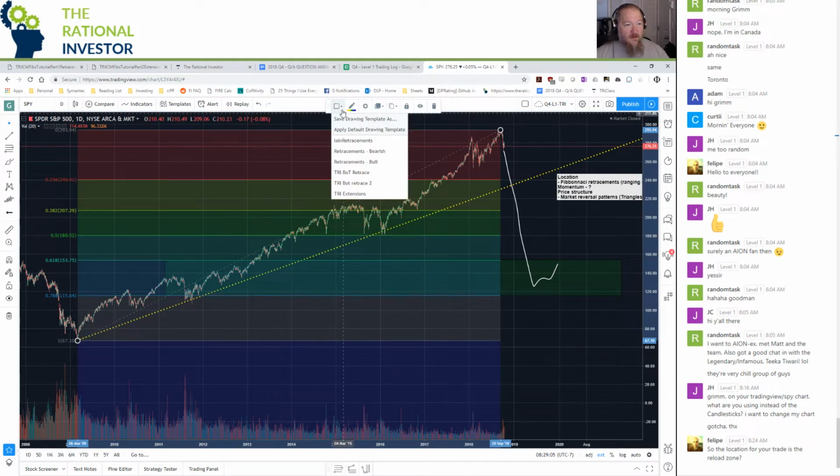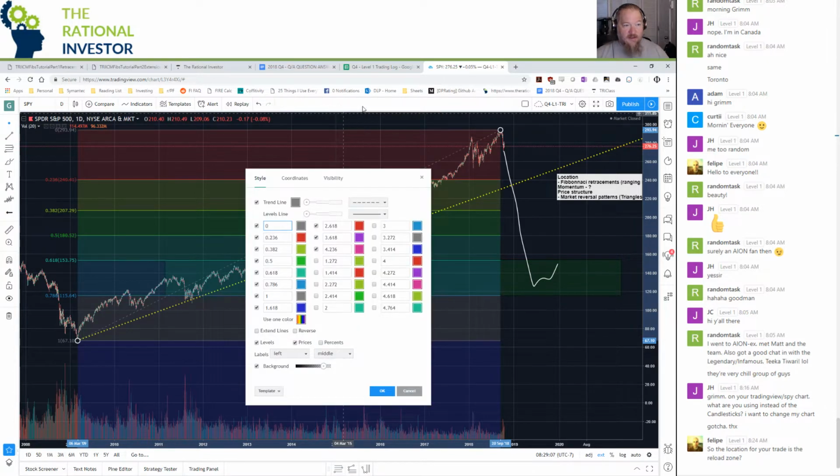And if you come into the panel and you hit the gear icon and you go to style, then you can uncheck some of these levels. So I recommend you do that. Uncheck everything that's above 1, uncheck 0.236, and then anywhere in here, and I just use the 3 because we don't often, I mean, we sometimes do, we don't often use the 300%, 400% extensions, and I'm just going to override this. We're going to put